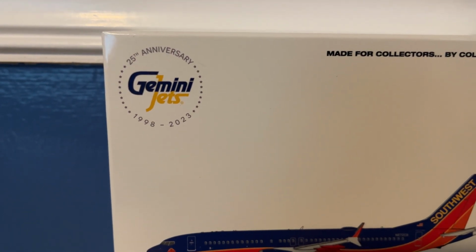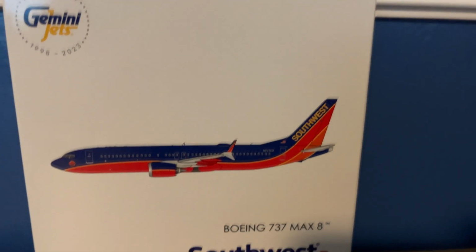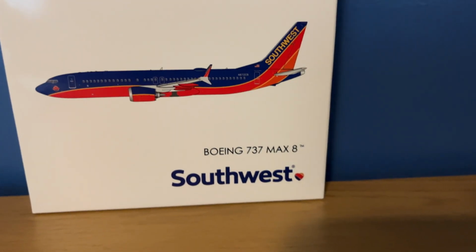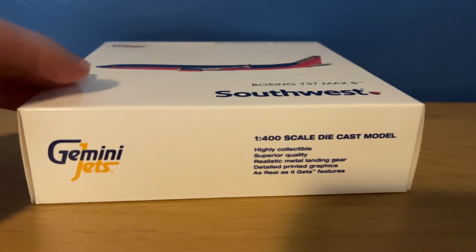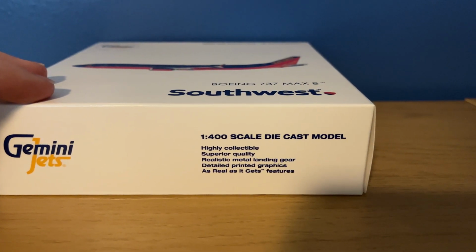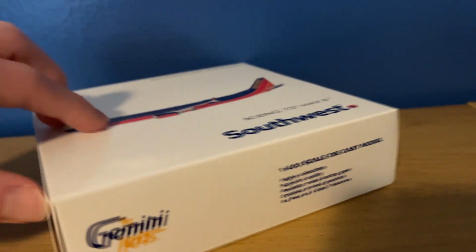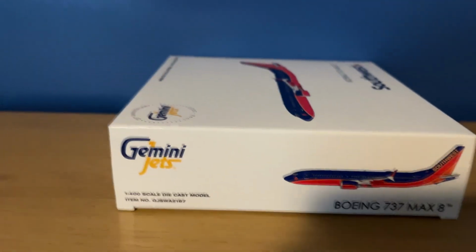But you do have the Gemini Jets 25th anniversary logo in the top left, made for collectors by collectors in the top right. There is the computer-generated image of this aircraft. It does say Boeing 737 MAX 8 Southwest in the bottom right. On the bottom of the box, you do have your standard Gemini text: 1/400 scale die-cast model, highly collectible, superior quality, realistic metal landing gear, detailed printed graphics, and as real as it gets features. On the left side of the box, you do have some of the same things, but you